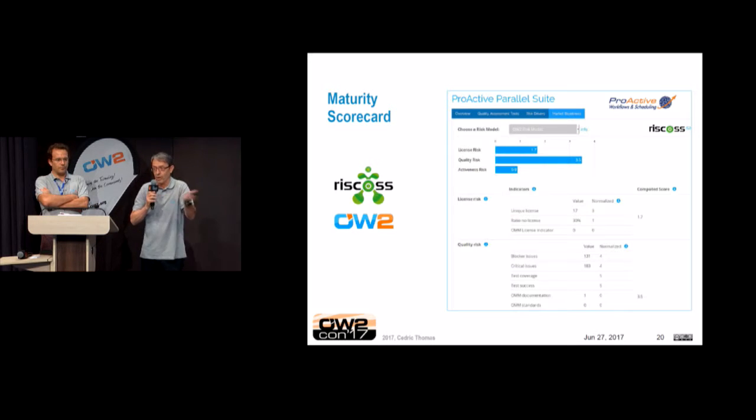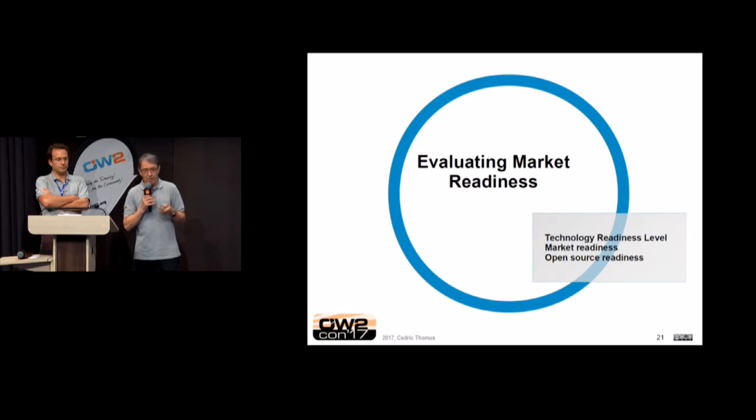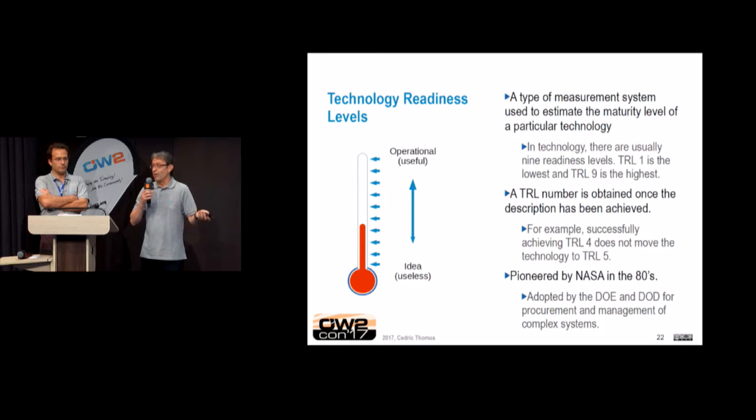That can come from whatever, and we don't know. So we need to simplify. We need to industrialize it. So productizing this for us is to make it more and more simple. And that's how we looked at different ways to simplify and to evaluate, which is our concern, the market readiness, not just the quality. So we looked at something that is very well known, the technology readiness levels, which is